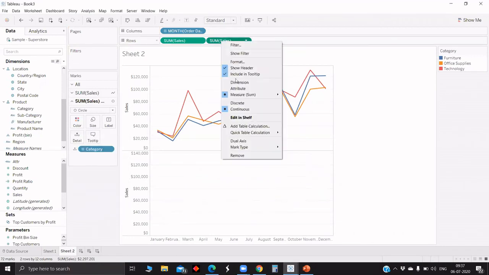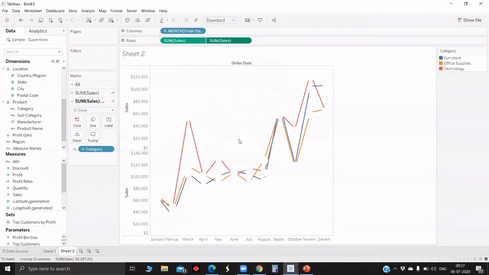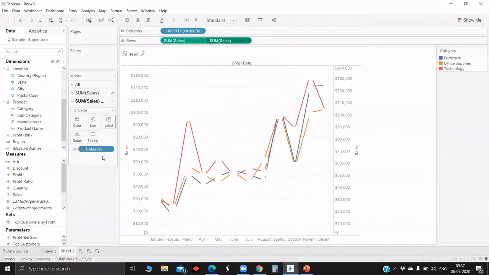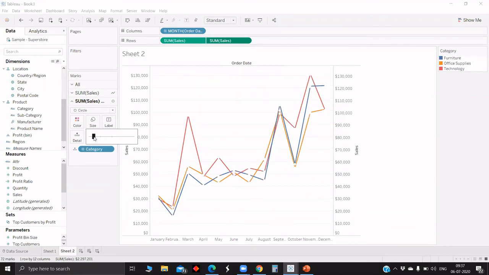And now dual axis, and we can just reduce the size. Yeah, in that way you can make this. This is the only way to make the dotted line chart in Tableau.